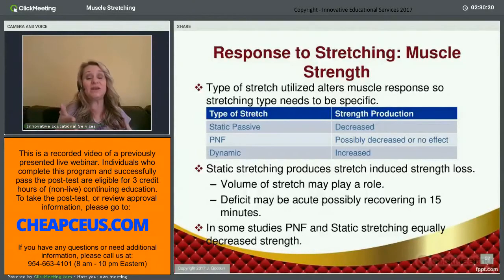If it's within 15 minutes of performing your static stretching, you may have placed that muscle at a disadvantage to develop its force and control, so the performance of those activities may be impaired. So during your sessions, think about your sequencing so that if there is a decrease in power and strength that the patient can develop, that you have some time between your static stretching and your requesting of the demand on